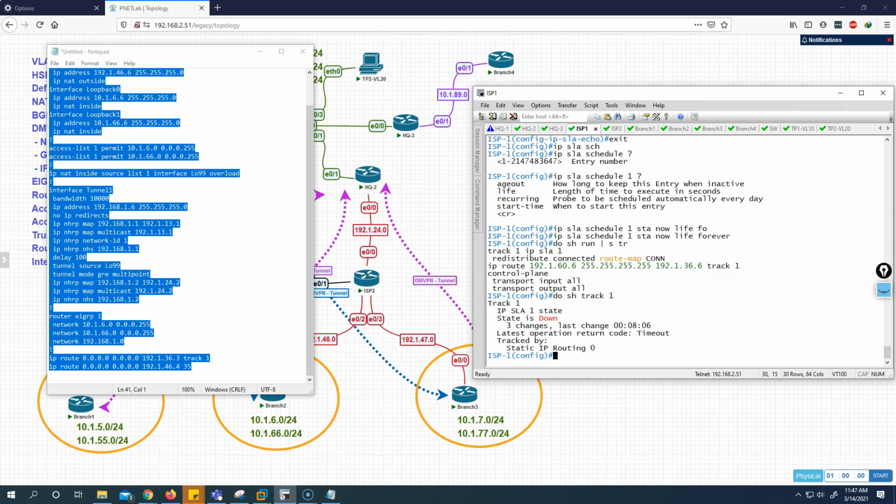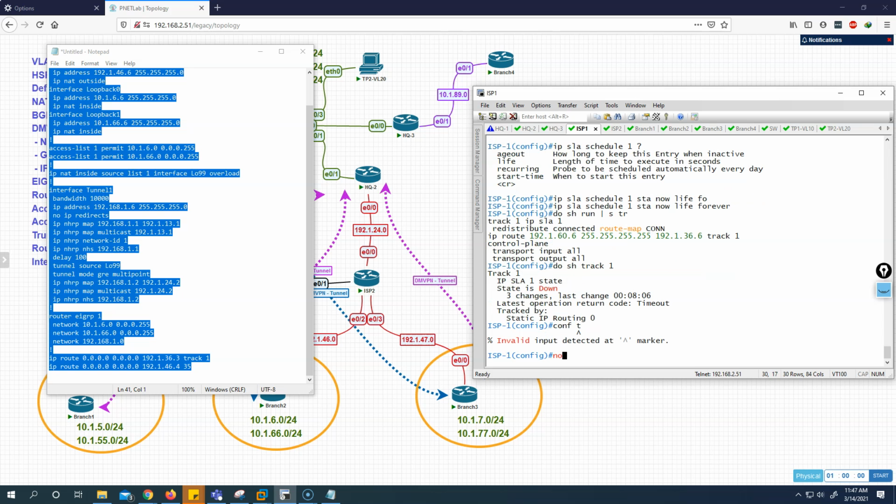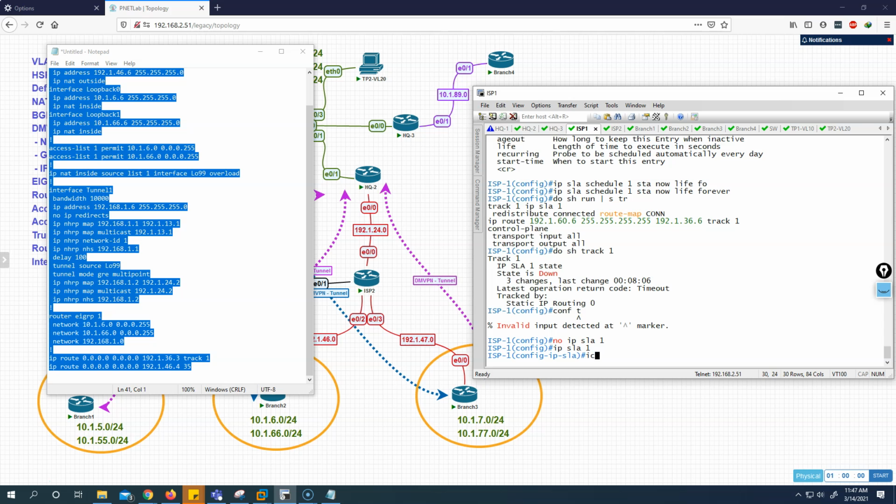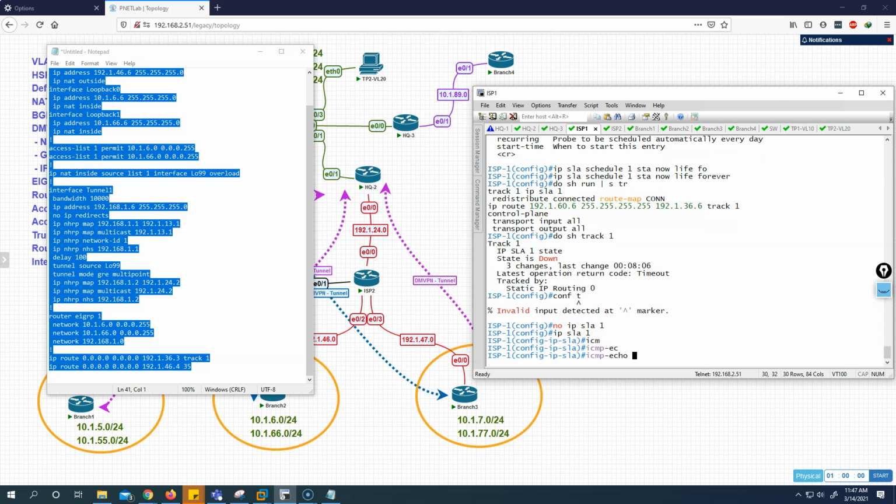Okay, this is my mistake. So we should not put 60.6 in the track. We should put the interface itself. So let's do that. So we'll do again no IP SLA 1. Sorry guys, I totally skipped my mind. IP SLA 1, and we'll say ICMP echo